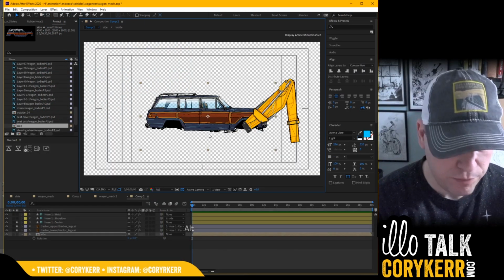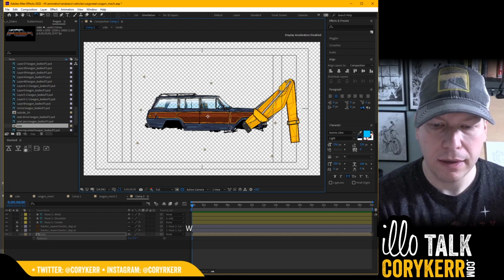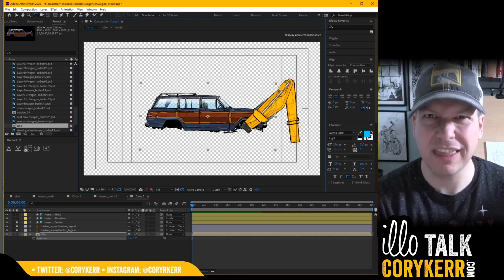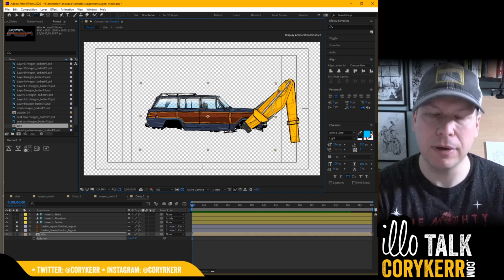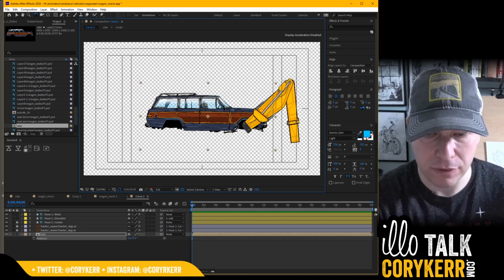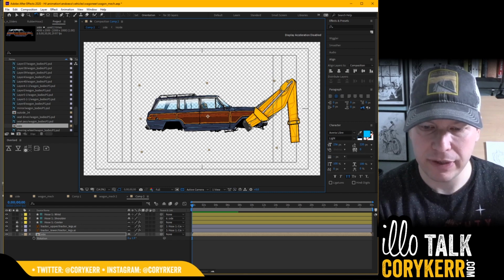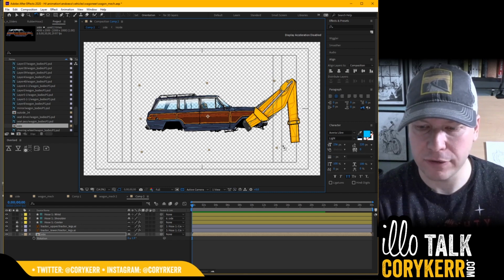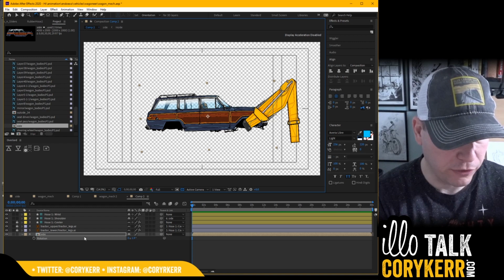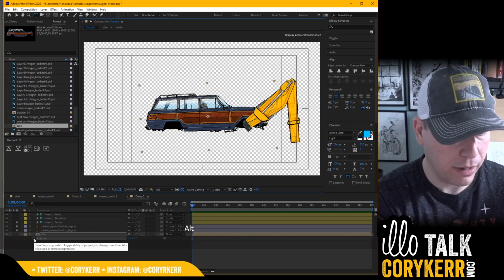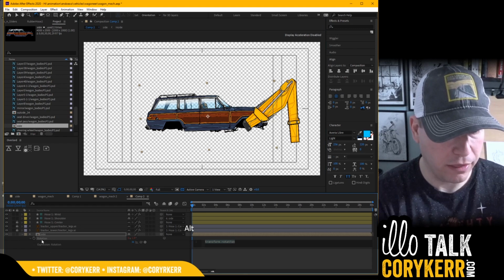All right, if I rotate it, then it'll rotate or whatever. It's pinned, basically. Think of it like a brad or a pin in a paper that is connecting two things. So there's a joint there now. But the nice thing is I only have to put keyframes on one thing, and the rest of this will follow. Okay, so I've got that, and I'm going to hold Alt and click right over here on this